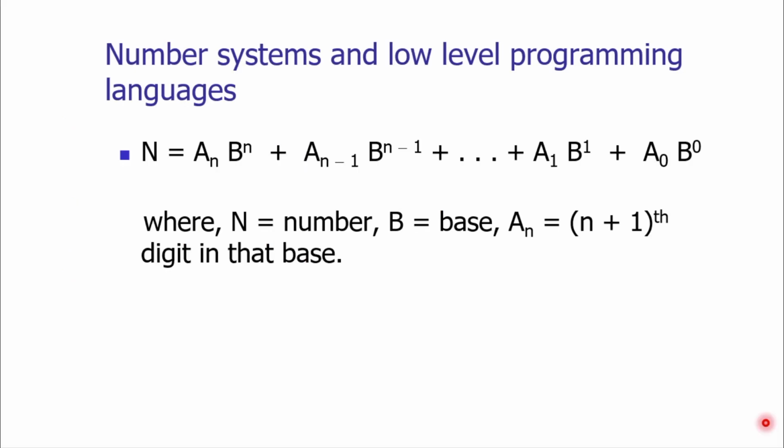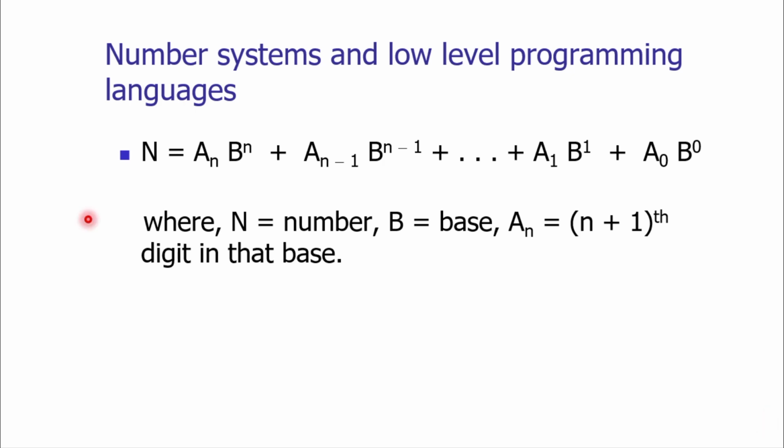So let us, at the start of this lecture on introduction to microprocessor programming, see the various number systems being used in microprocessor programming. The basic number system often used in microprocessors is the binary number system. As we know very well, the binary system has the base 2, and in our day-to-day life we use the decimal system, which has the base 10.